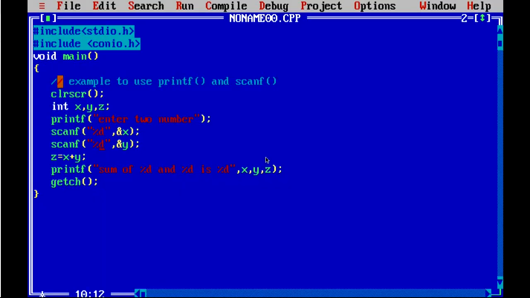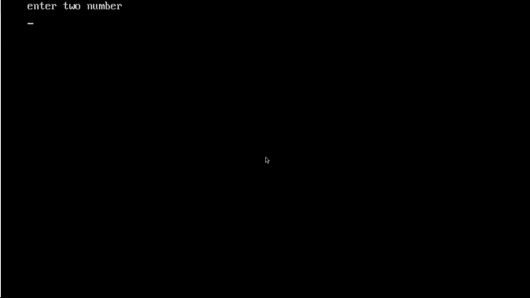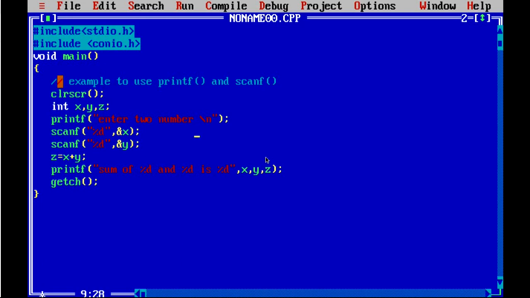So in this example, we are simply trying to print the message "enter two numbers", and after that we are prompted to give the input from our keyboard. Once you give some input with the help of scanf, it gives the value to the particular address that we have defined as a variable.